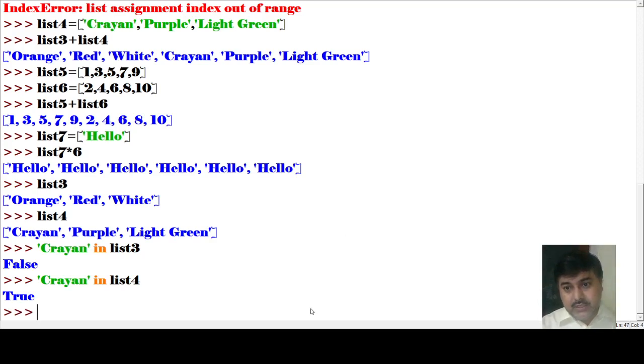Okay, now slicing. As we have seen, those are the different colors we are using.